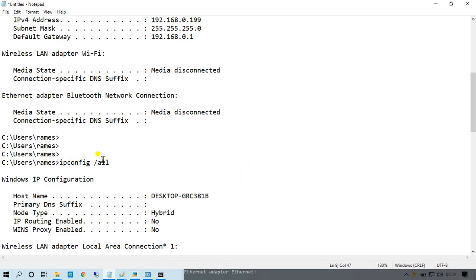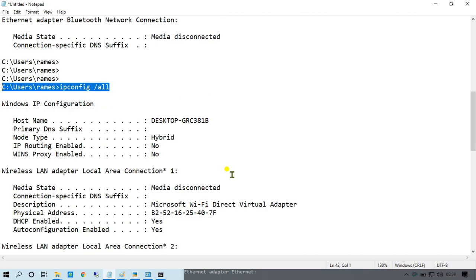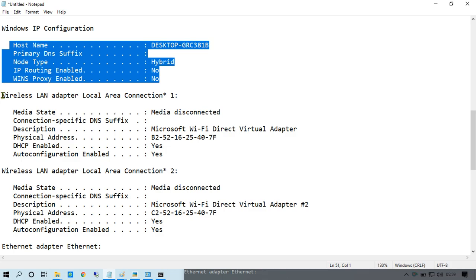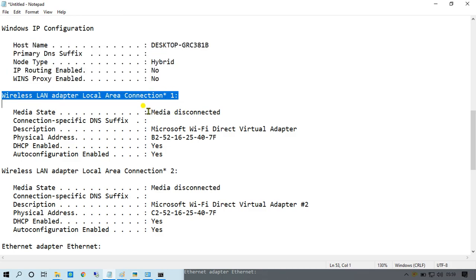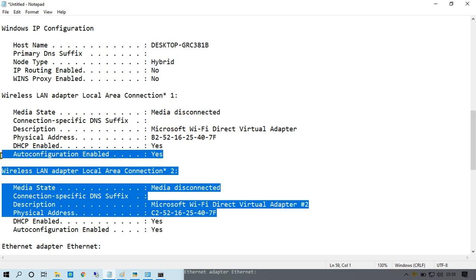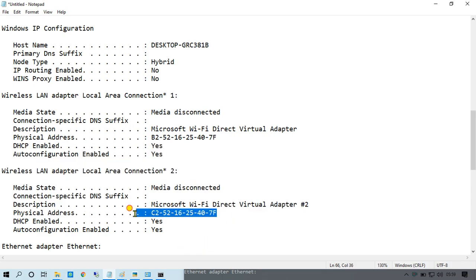Okay, now after using this command, ipconfig /all, what are we getting? We are getting all the information about the system. The wireless LAN adapter is not connected, but what we are able to see here is the physical address of the machine. This is the physical address of the machine. And what do we check here? Here it is showing the same MAC address.